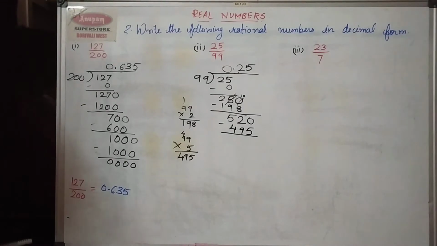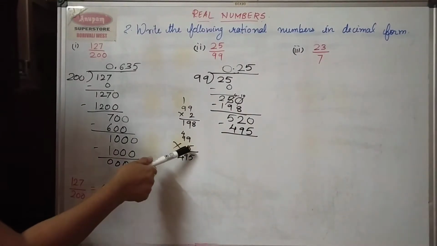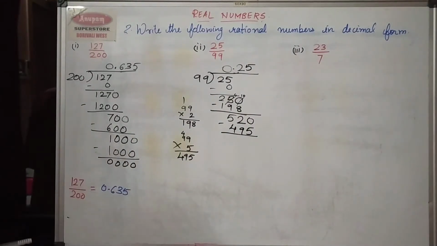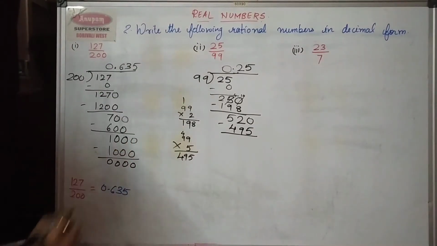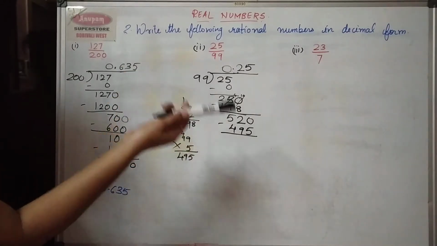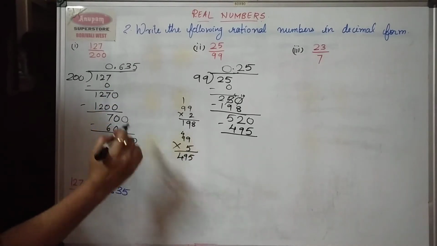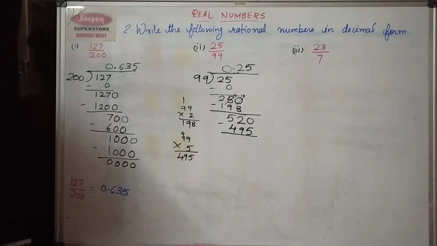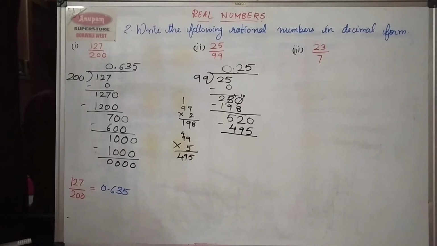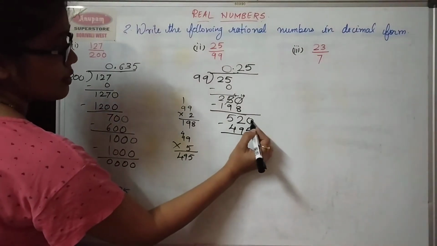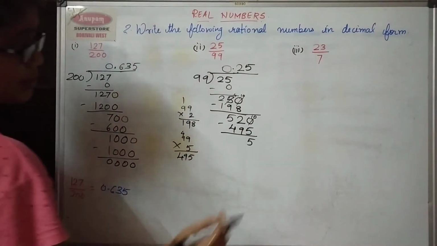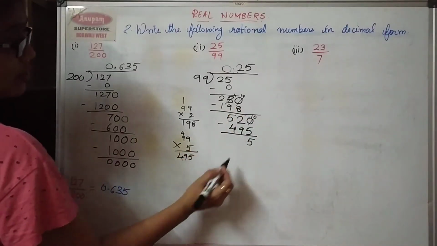Children, you might think, how do I think only about the 5 here? It is because, children, if we use our common sense, 99 is 1 less than 100. Right? So 100 into 5 gives me 500, and this is a number a little bit bigger than it, and that's why I thought of 99 into 5. So if you use simple tricks in your day-to-day life, your calculations become much faster. Okay, now let us continue with our sum. So again, this will be 10 minus 5, which will give me 5. 1 is carried there.